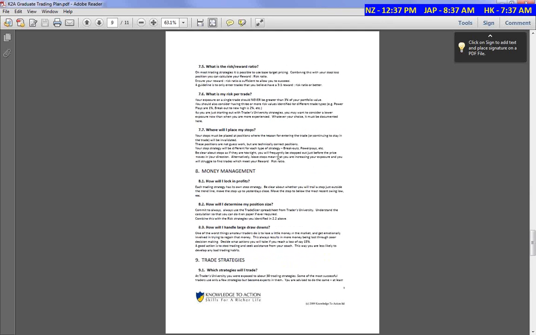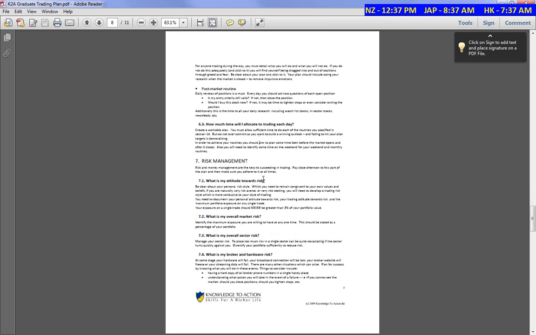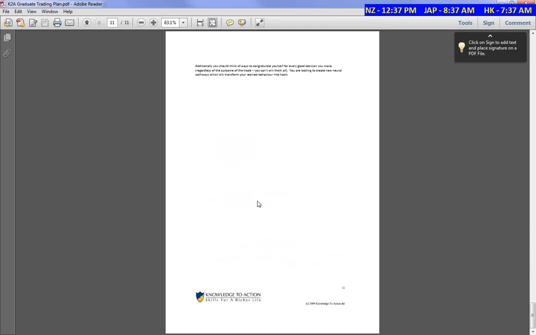pre-market routine, open routine, post-market routine, risk management, right? This is very important. What is your overall sector risk, broker and hardware risk, record keeping? What strategies should I never trade? Well, you've only got 3 strategies that you're trading. So, phase 1, trend continuation, phase 2, trend reversal, and range reversals, right? Reviewing trades, record keeping, rewards and punishment, all this is a trading plan,